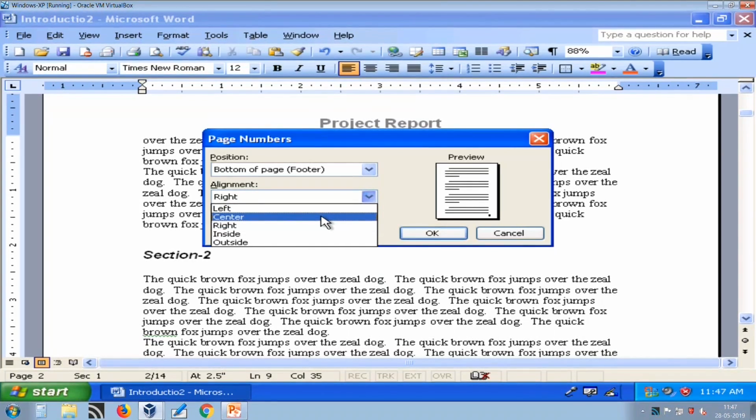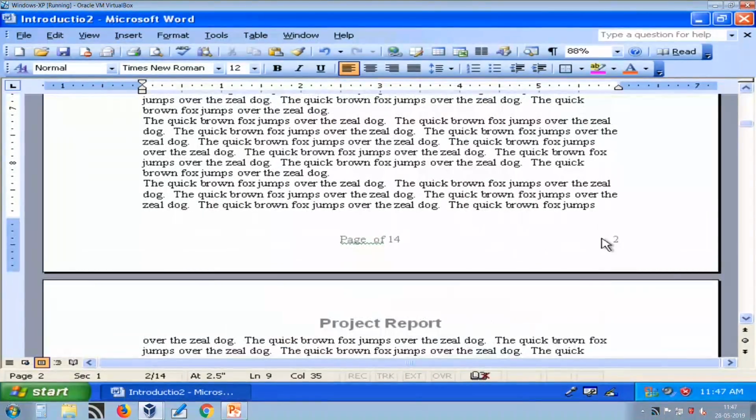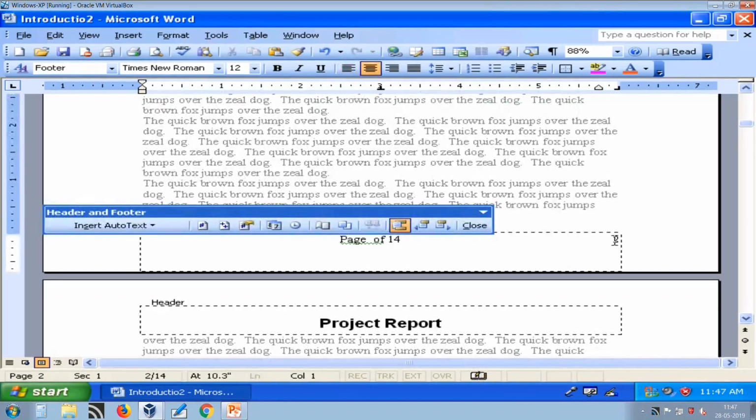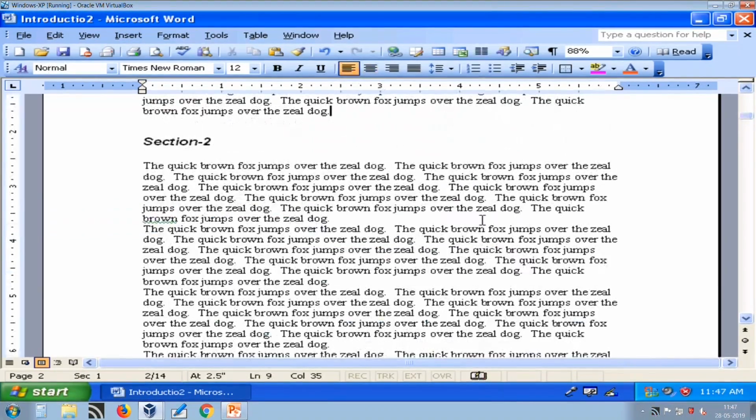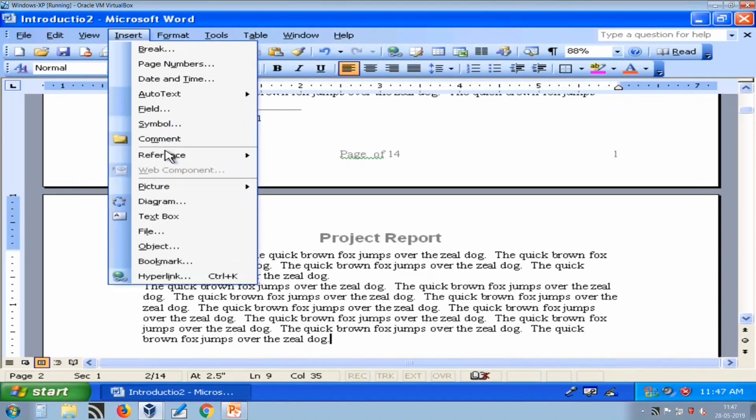So, I want to add at the right of page and in bottom. So, I just press OK. Here you can see we have page number in the bottom right of our footer. So, this is how you can insert page number.